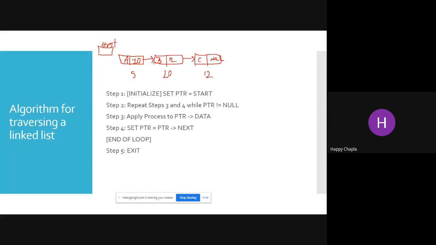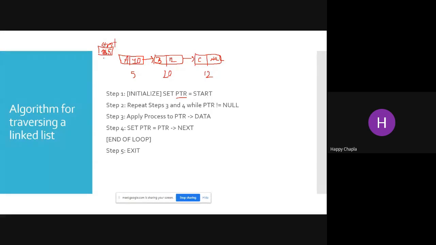So what am I doing? In the PTR variable, I am giving the address of start. Your start can store 5. Why? Because the first node address is always going to be stored in this start variable.